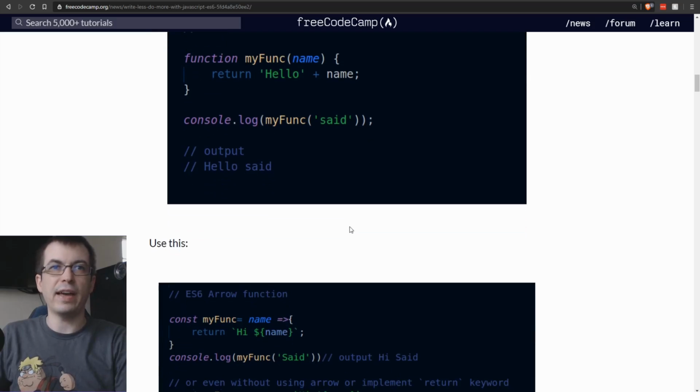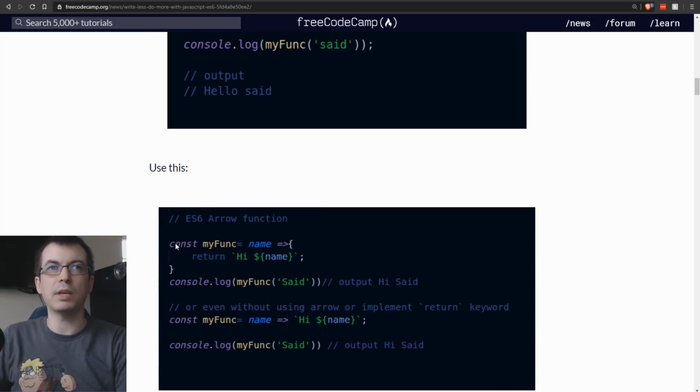What that has become is this, where they define a const myfunc variable, which makes myfunc immutable. And the arrow is this real syntax right here, where they use the equals greater-than sign